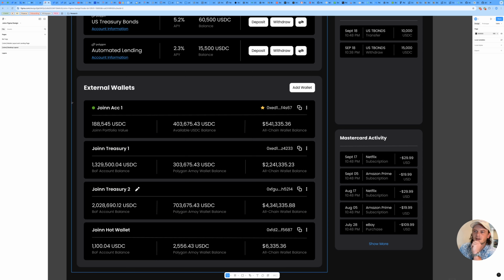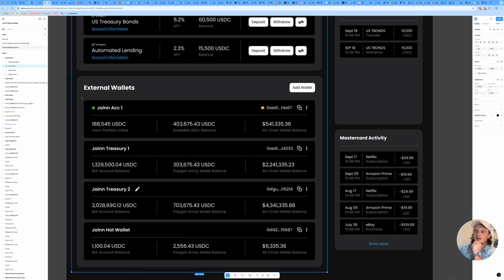So you've got a background, you've got a surface, which is this card, then you've got a nested surface, which is this nested card here, and then at most you can have a 3rd nested surface within that, but I think that's kind of wrong. And so this is how the system works. Never any more than 3 layers. That's our design system. And actually when you look at websites, like we're looking at Figma here, many other websites,